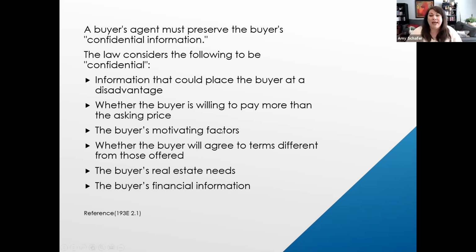Motivating factors. I know I one time had a client that shared with me a past real estate experience where she had shared that she was getting divorced and she had to close in 30 days. That agent also represented the seller. The seller also happened to be that agent's aunt. And then definitely she shared she felt like she was taken advantage of because she needed to move so quickly. And because of that divorce as a motivating factor, they definitely tried to negotiate a price that was much higher than what the property would even appraise.